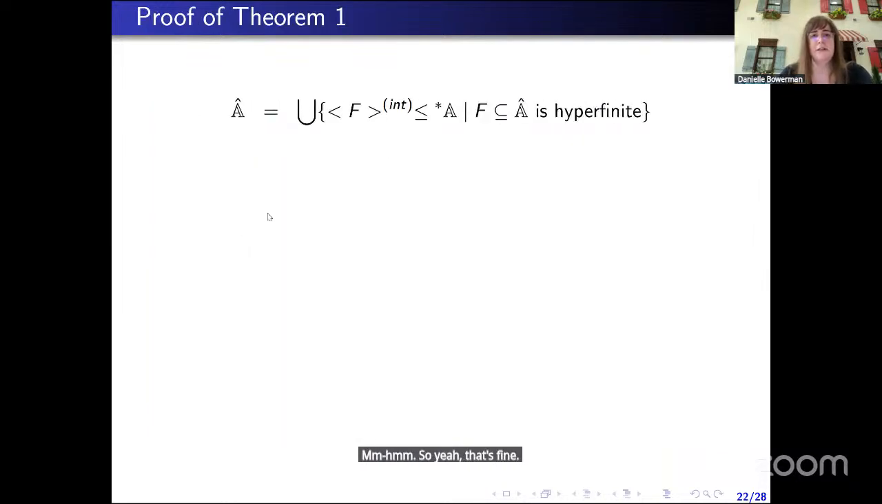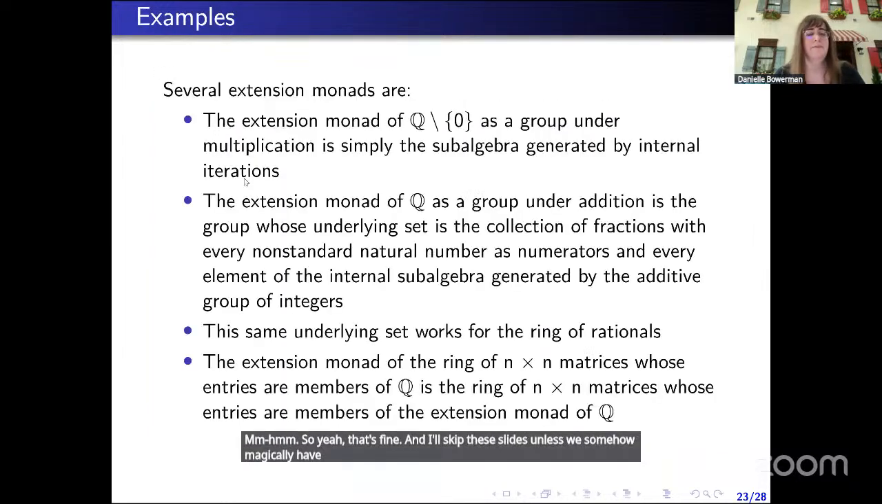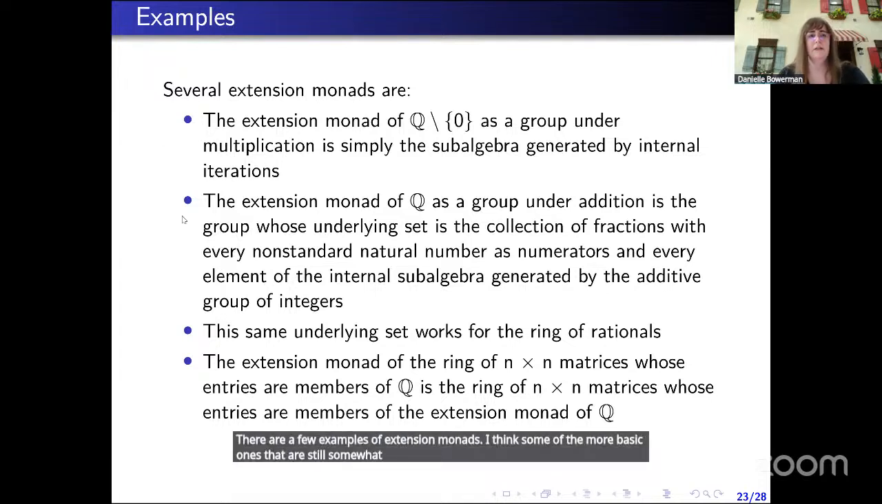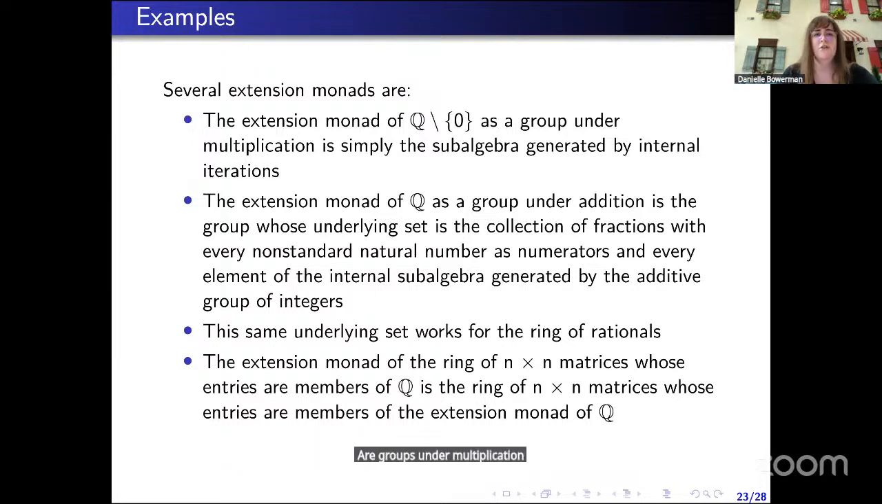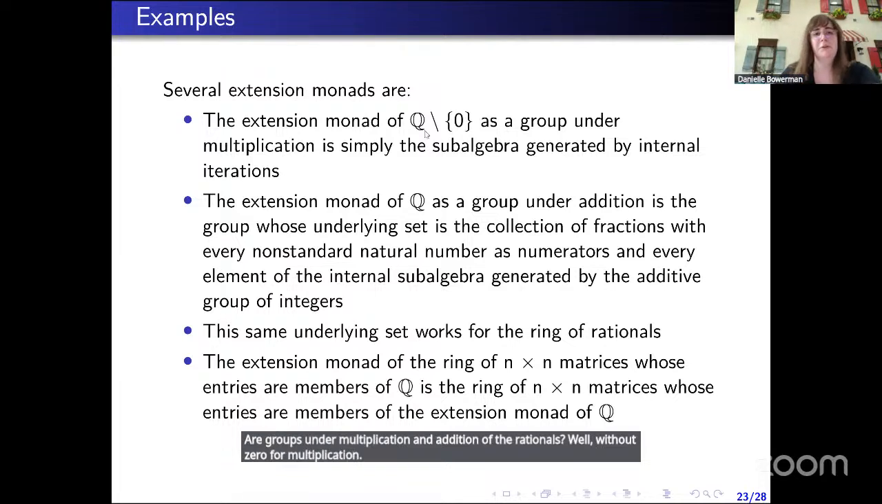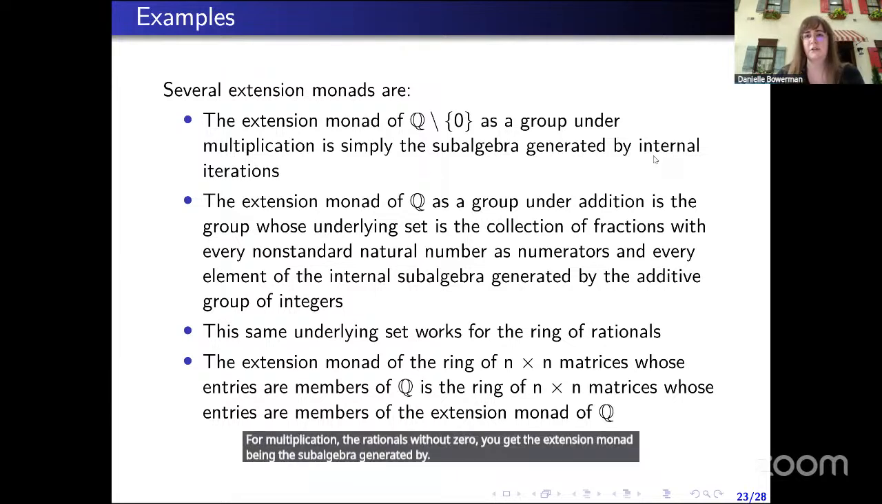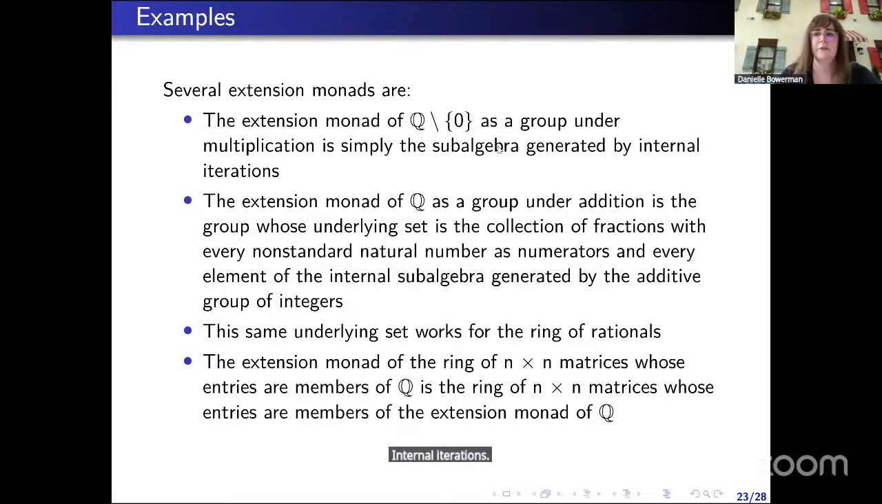And I'll skip these slides unless we somehow magically have more time. There are a few examples of extension monads. I think some of the more basic ones that are still somewhat interesting are groups under multiplication and addition of the rationals, well, without zero for multiplication. For multiplication, the rationals without zero, you get the extension monad being the subalgebra generated by internal iterations, specifically hyperfinitely many iterations. So you can get something like